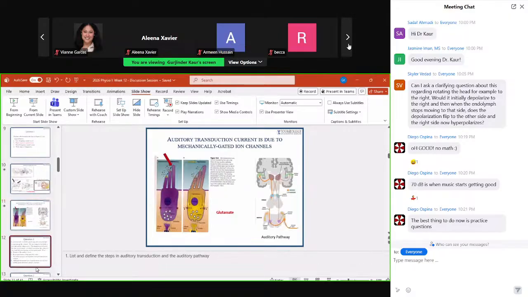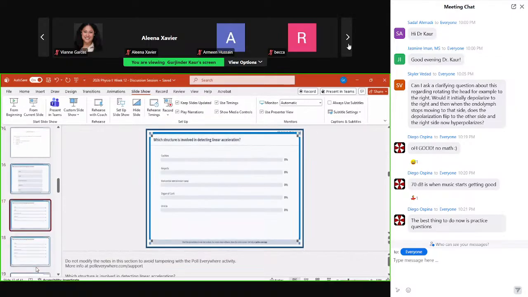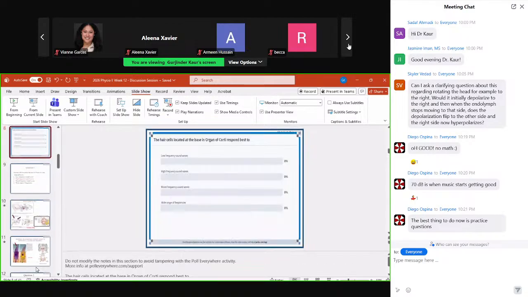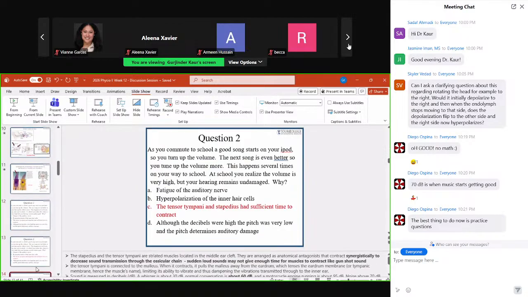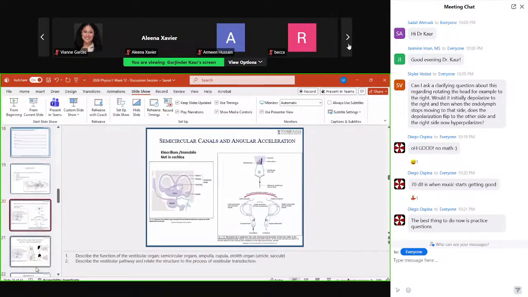Let me go to the figure and explain. Where did it go? Also, all the questions that we have in Clicker, please make sure that you finish them all. So here, let's say